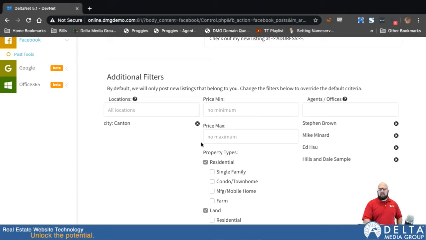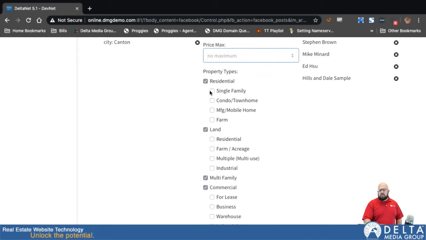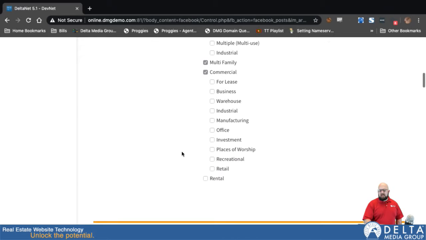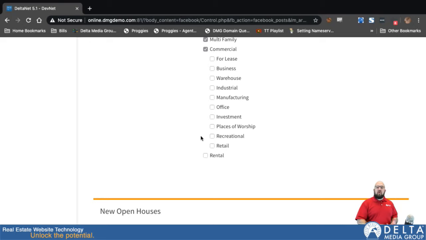And you can select multiple areas there. You can limit it to a certain price range. You can limit to property types, property categories. So you can see you've got a fair amount of control over what listings you want to post. Now what I'll add to that is you could potentially have multiple Facebook business pages, and you could post different